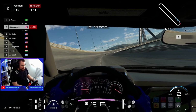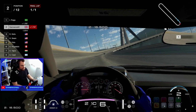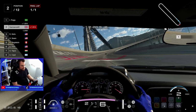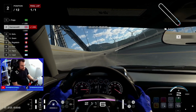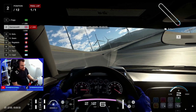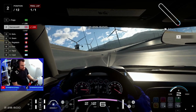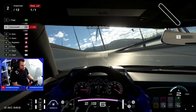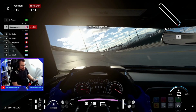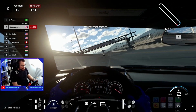This is such a wicked racetrack. It'd be nice to take most of the cars onto this racetrack to see how quick they can go. We are still closing in. We might slightly be in the slipstream of the car in front as well. As we come around this corner, we are cornering at 213 miles an hour. Granted, it's a rather extended corner, but